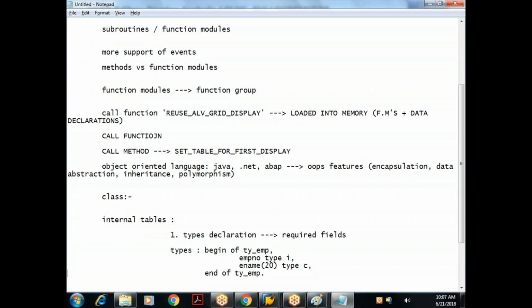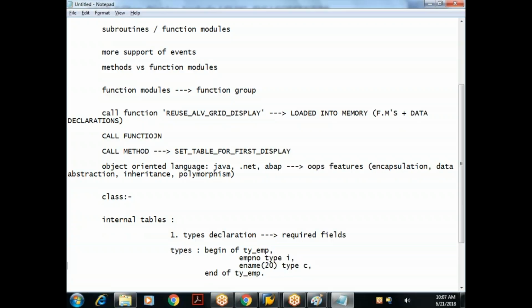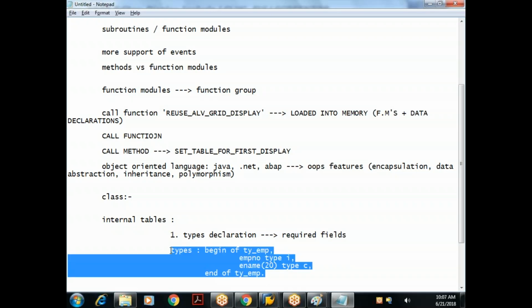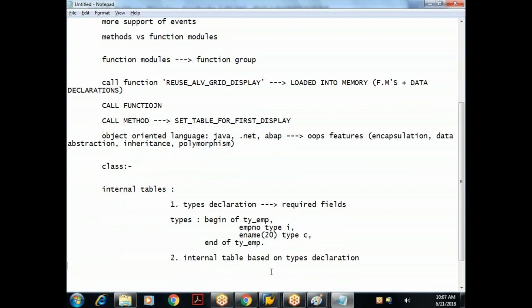Can anyone tell me how much memory is allocated for this? No memory. A types declaration never allocates memory. It only provides the template: what the field names are, what the data types of the fields are, and the sequence of the fields. So once a types declaration is available, you can create an internal table and